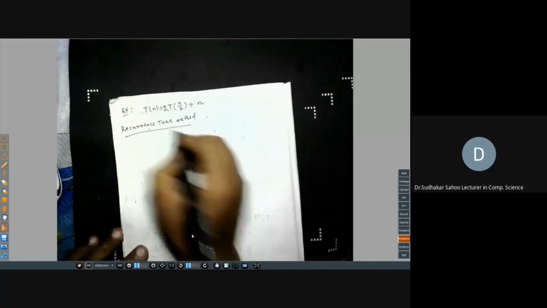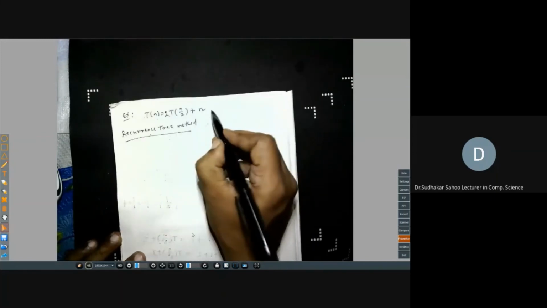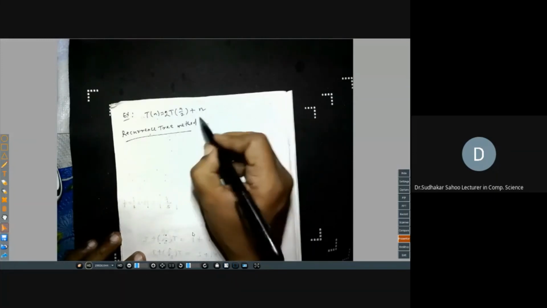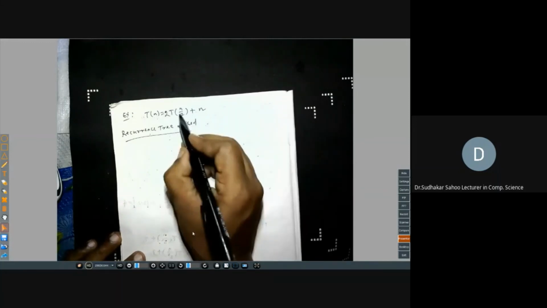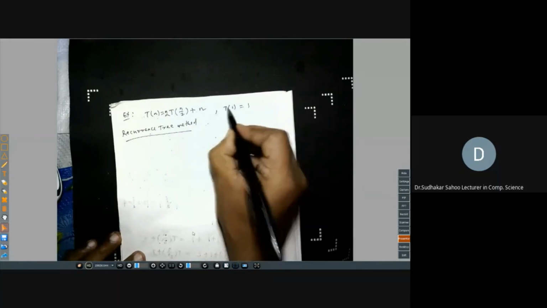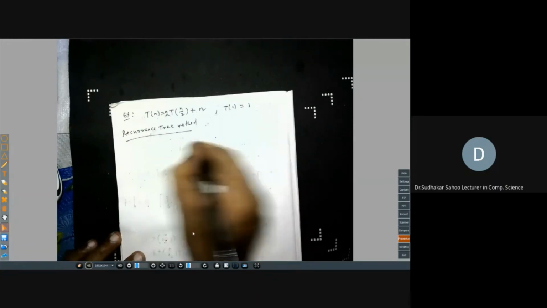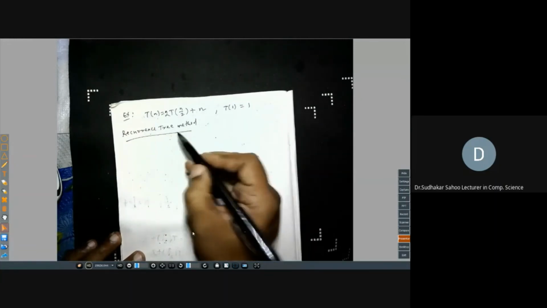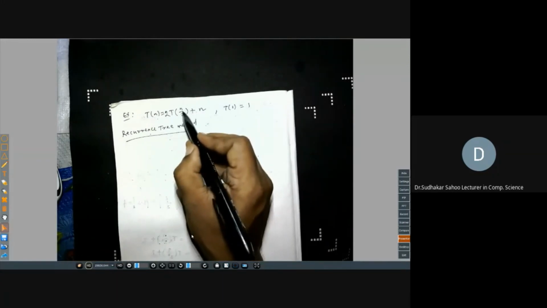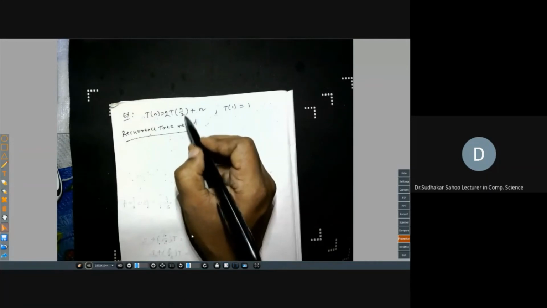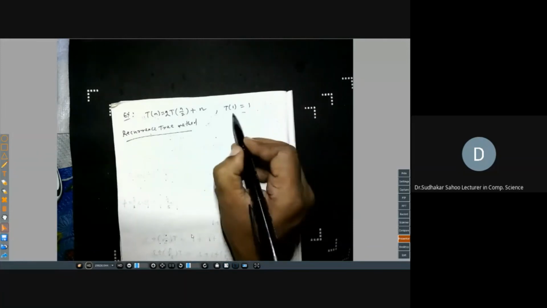In this recurrence equation, when I am not writing the best case, you have to find out T of 1 is 1. But in your exam, only the recursion part will come. The best case is either clear because n by 2: 16 by 2 is 8, 8 by 2 is 4, 4 by 2 is 2, 2 by 2 is 1. So in this case the best case is given as 1. But if it is n minus 1, then the best case should be 0 or 1, whatever is given. Right?